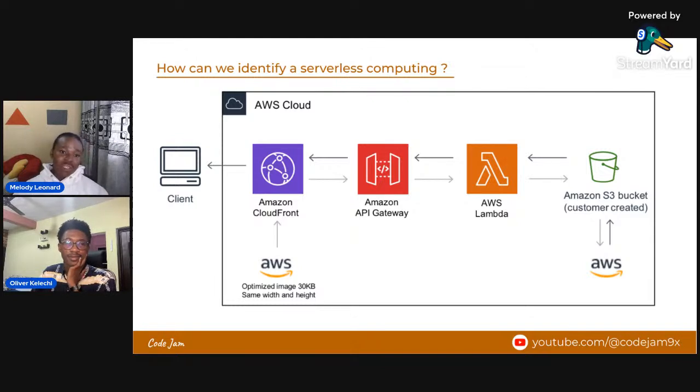So how can we identify a serverless computing? Okay, for instance, I believe this is very self-explanatory. One, you have to look at the characteristics of a serverless application. So from what we discussed so far, you see that a serverless application,